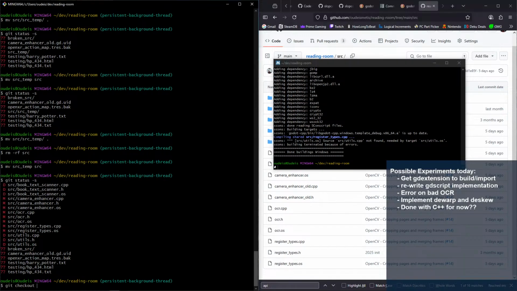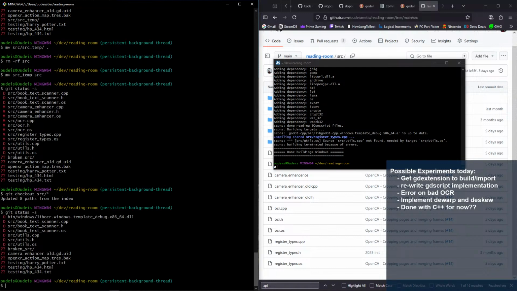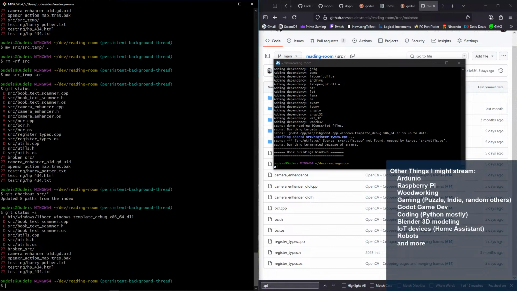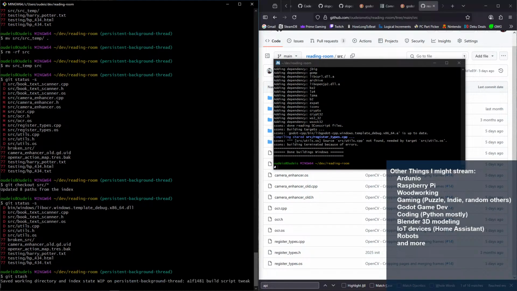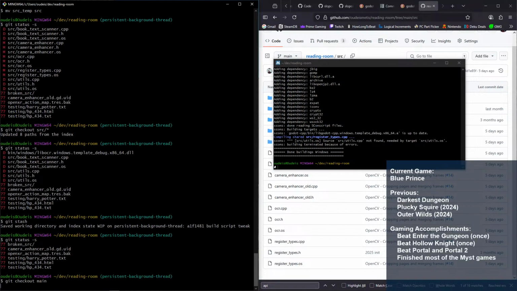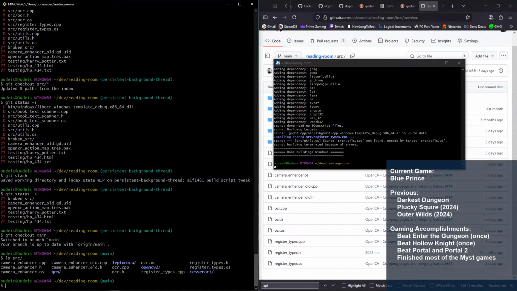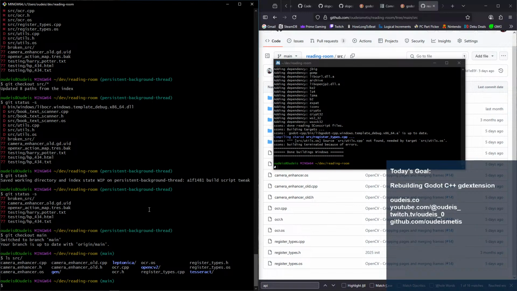Okay, git checkout source star. Let's do this one more time. I don't understand. Let's do git stash. Fine. Git checkout main. ls source. Yeah, there's no utils file there. How did utils even get there? I'm losing my mind this morning.